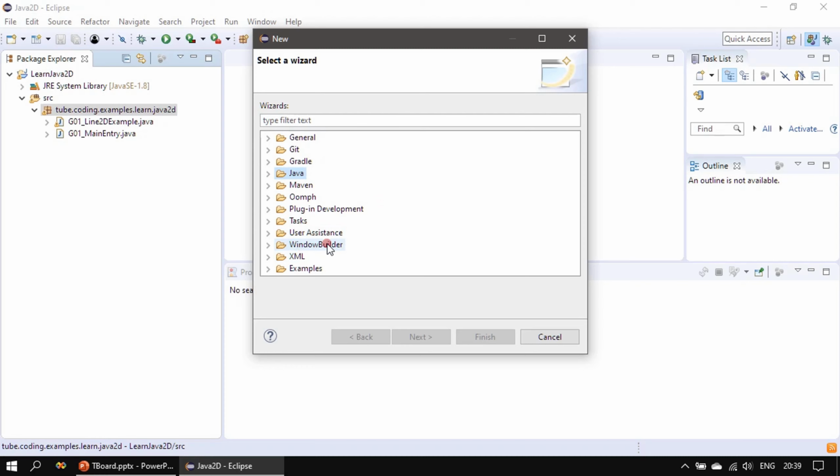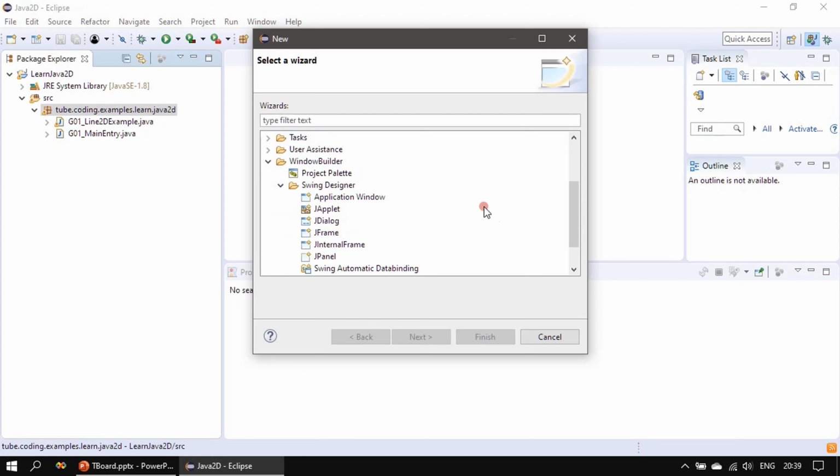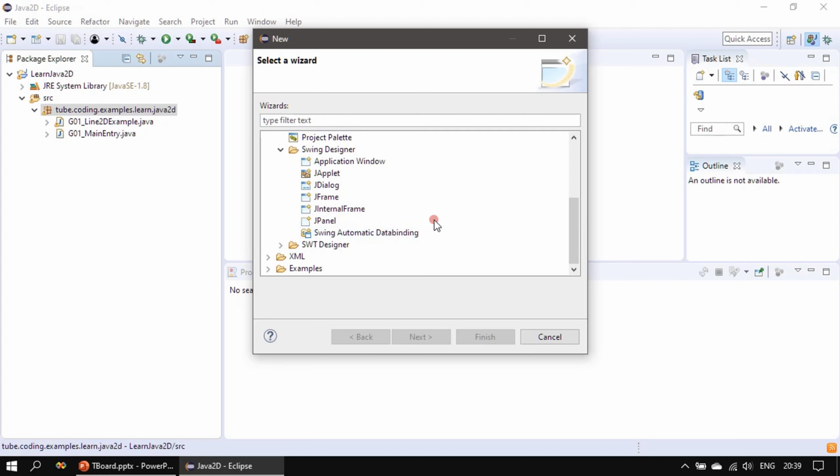Here you can see WindowBuilder, and after the installation of WindowBuilder you will see a separate node for WindowBuilder, and the components are arranged in two subfolders, Swing Designer and SWT Designer. In Swing Designer, if you expand it, you can see all the swing related top level container. So for example, if I click JFrame,